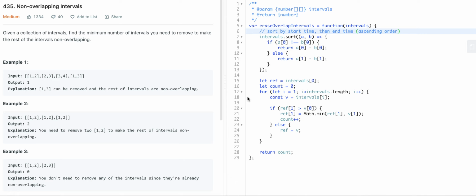Hello everyone. Today I'm gonna show you how to solve these non-overlapping intervals, and also I'm gonna show you visually